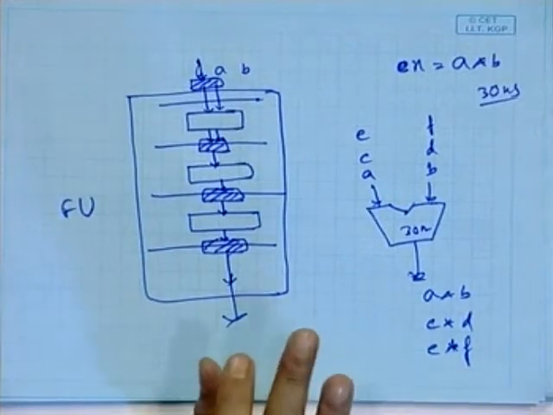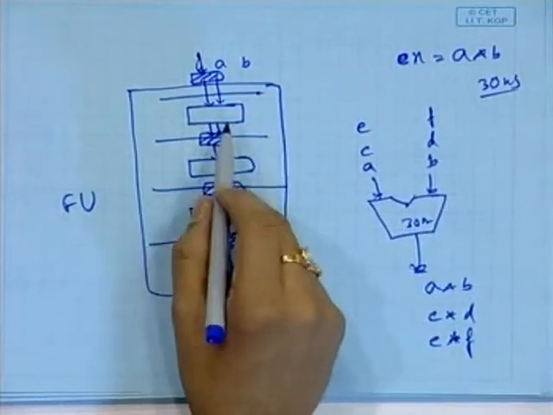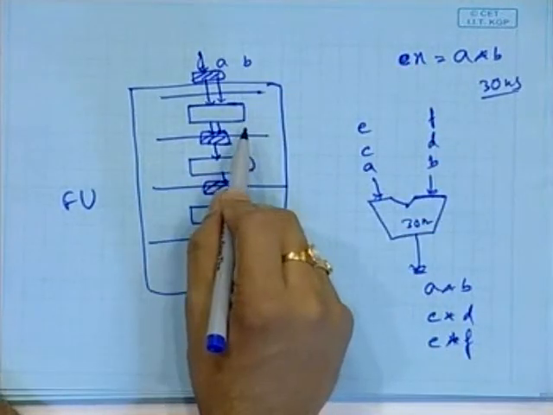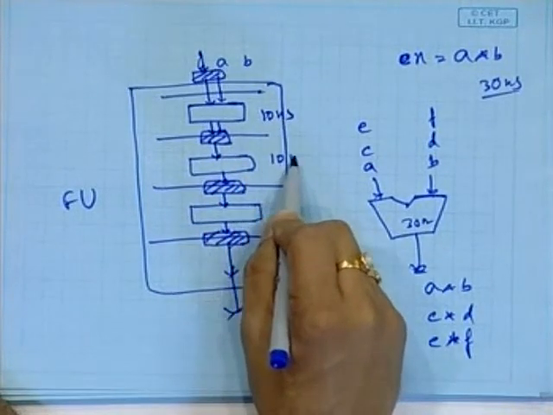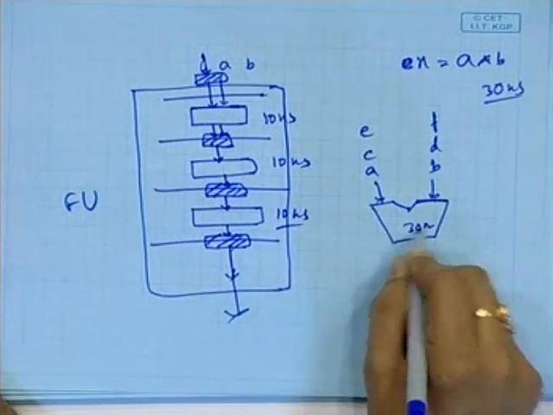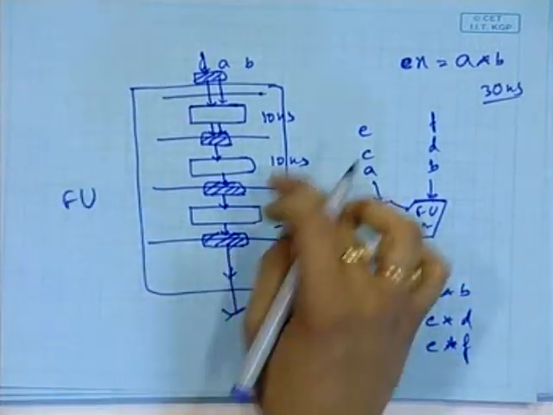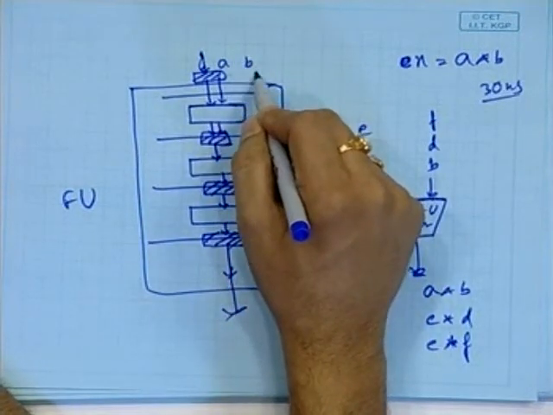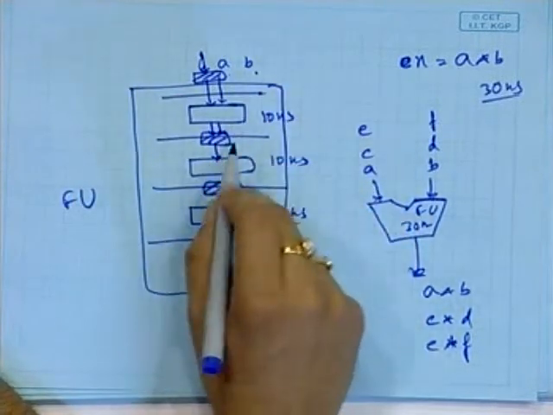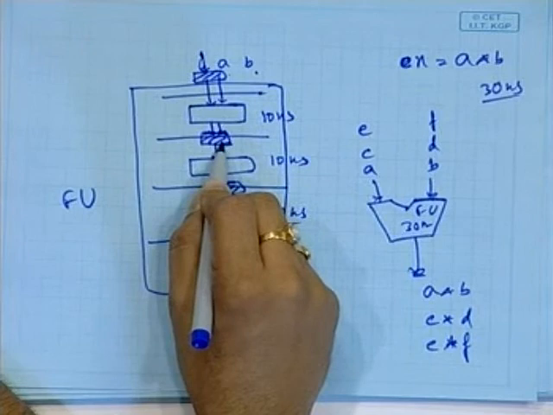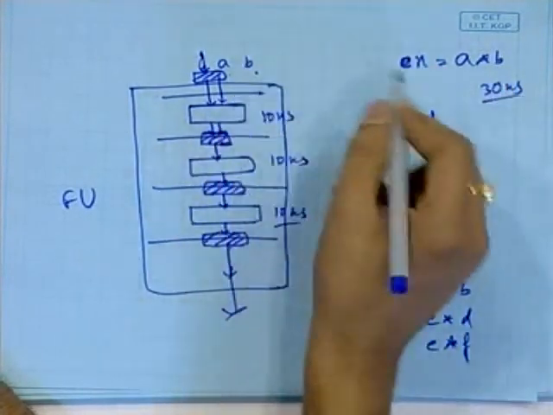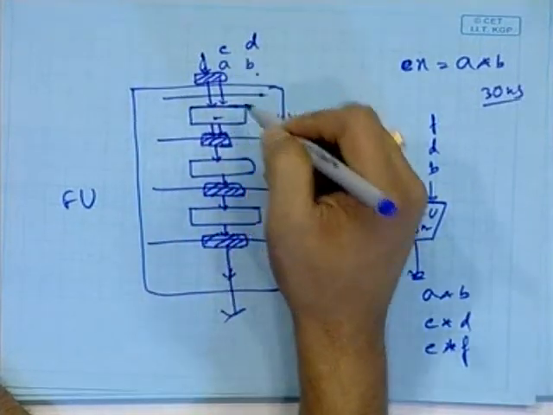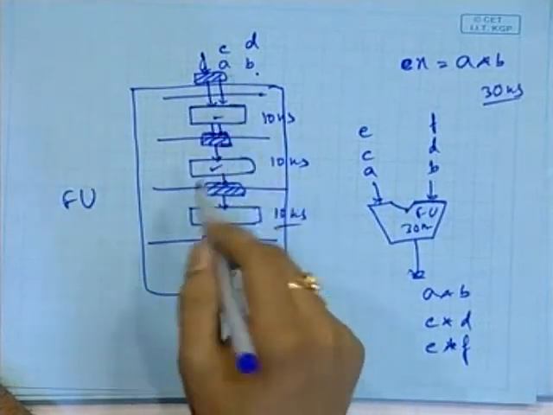In pipelining, the task performed in the function unit is divided into sub parts. So what happens? If you consider this function as a 3-stage pipeline, it has 3 stages. It will take, suppose, 10 nanoseconds in each stage, and in the first step it takes A and B, does some processing on them, and stores the intermediate results in some registers. After the next 10 nanoseconds, the next set of input is fed to the function unit, like C and D. So this part will process C and D, and this part will process the intermediate result of A and B.